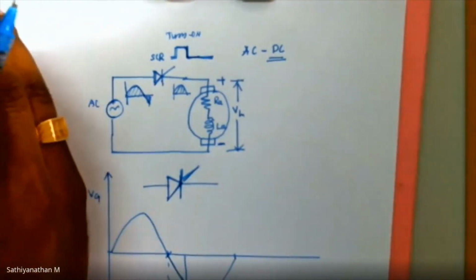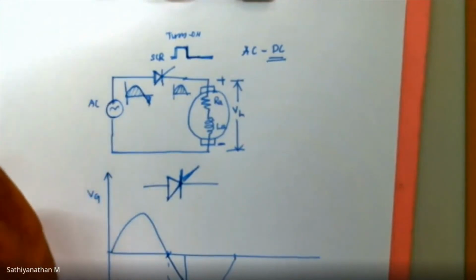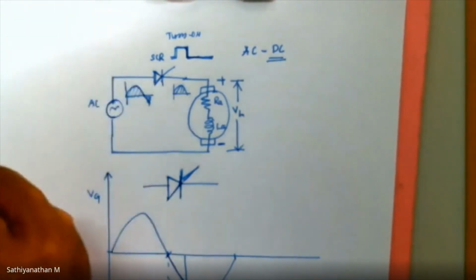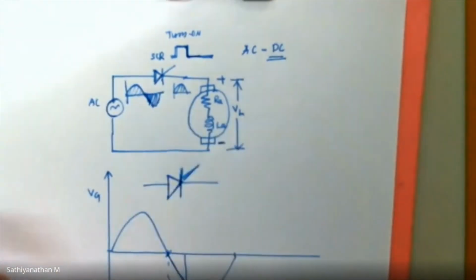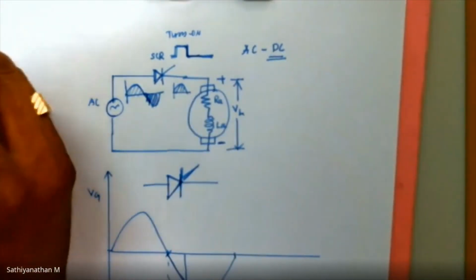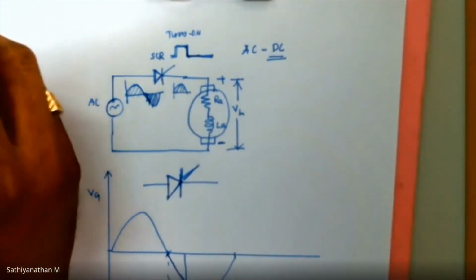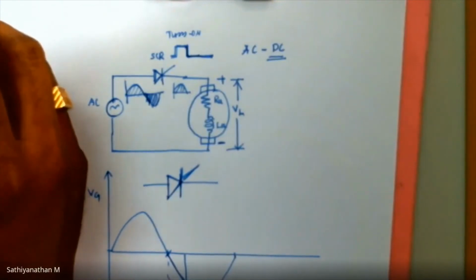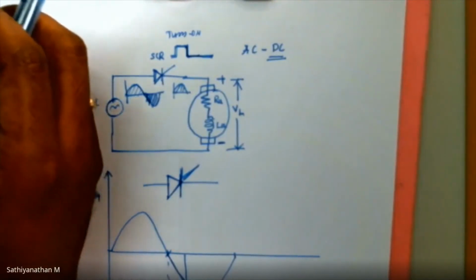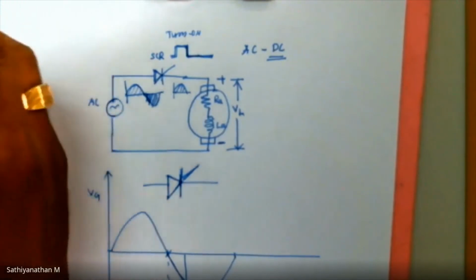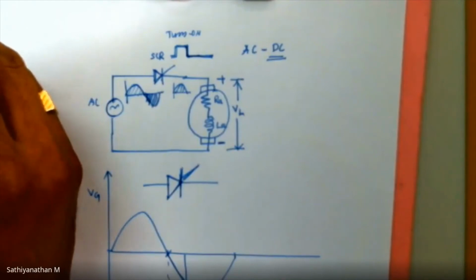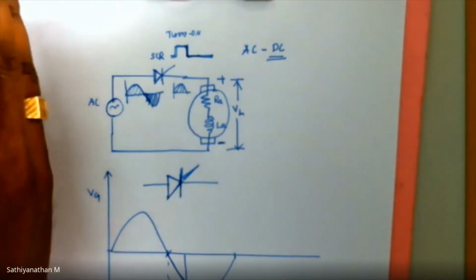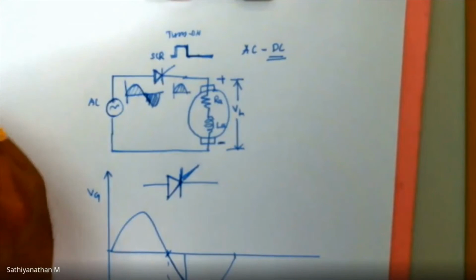In the turn on process, you have a delay time, rise time, and spread over time. During the turn off process, during reverse blocking mode, you should have reverse recovery time. You need to know the reverse recovery time as well as the gate recovery time of an SCR and the overall circuit recovery time of an SCR. Then only you will be able to provide a proper commutation to the device.